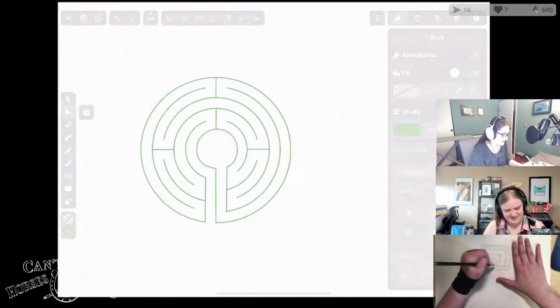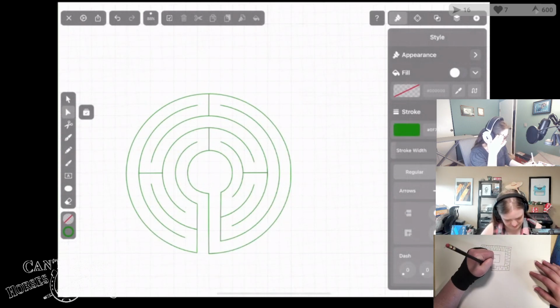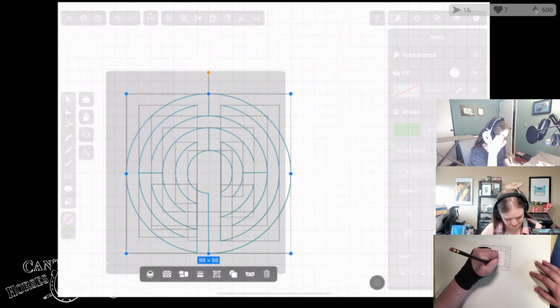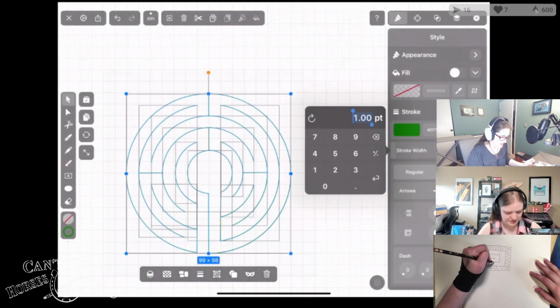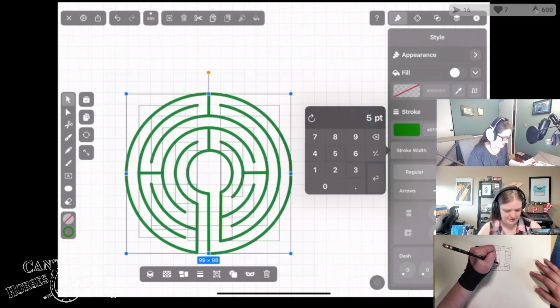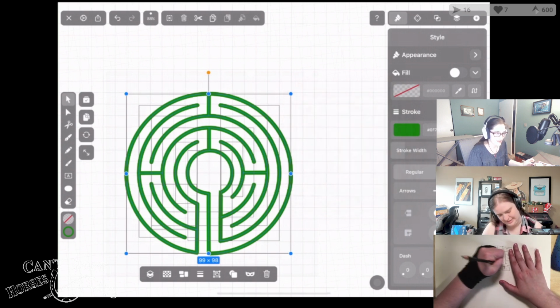I need thicker lines. Okay, that's good. And then,